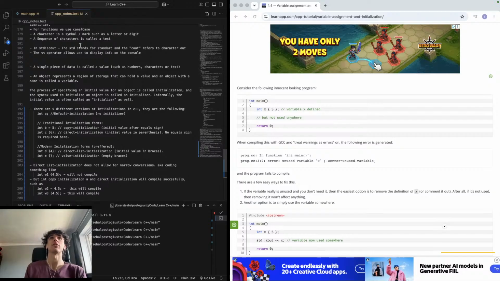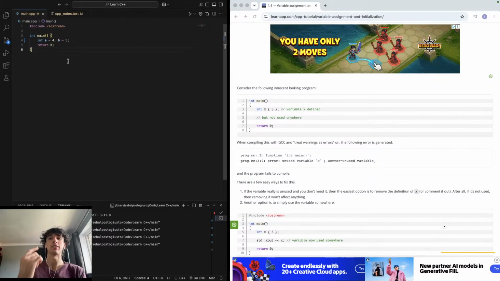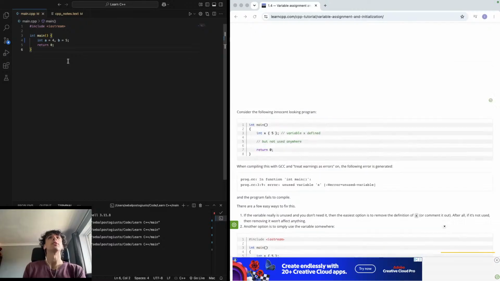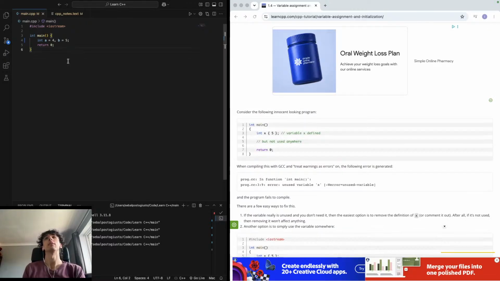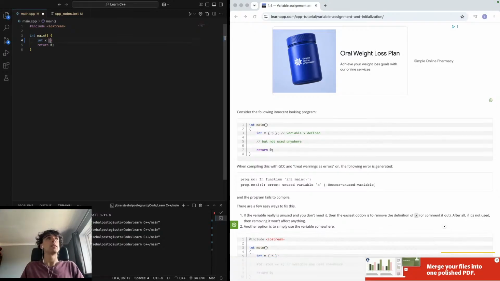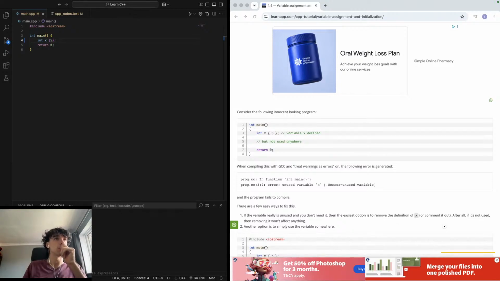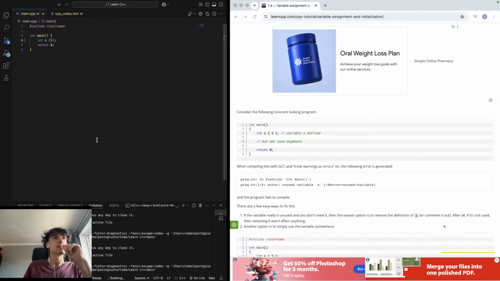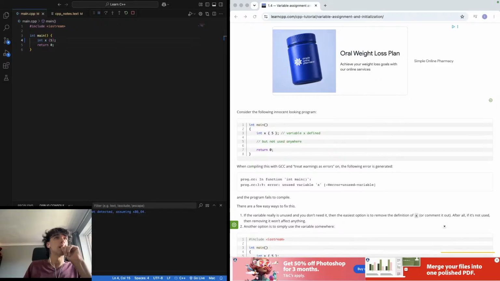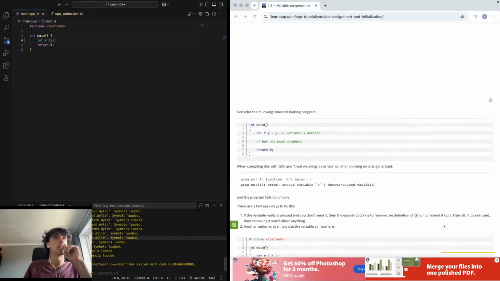Direct list initialization. Just trying to get the syntax in my head. So when compiling, for example, if we did int x direct list of 5 and ran, we get nothing. But what about our debug console? To run the debug console, we'd actually need to debug the file. Okay, so it doesn't actually